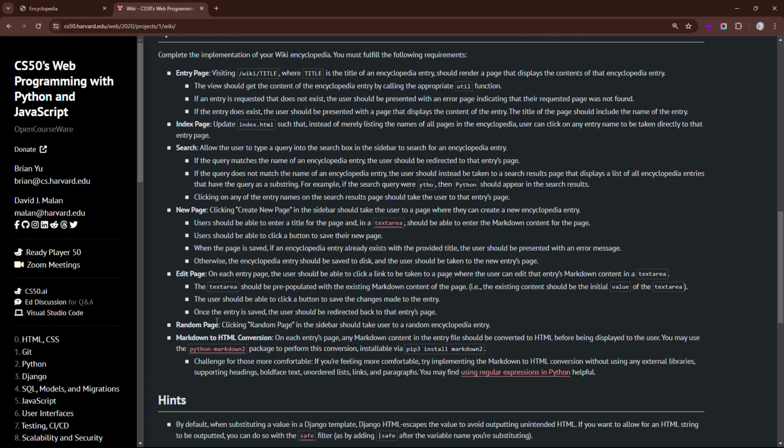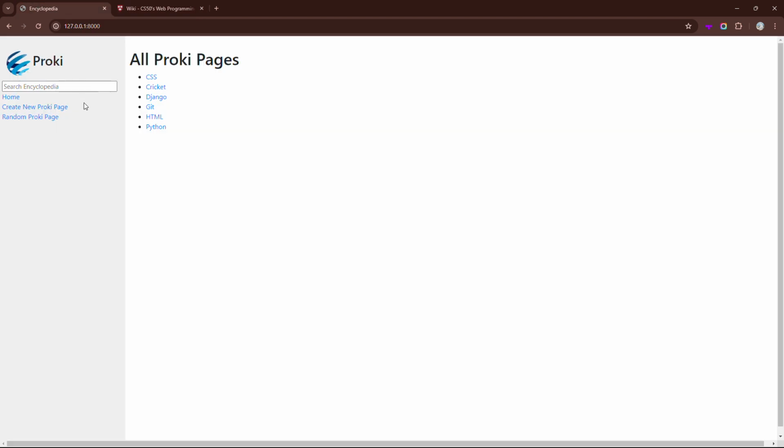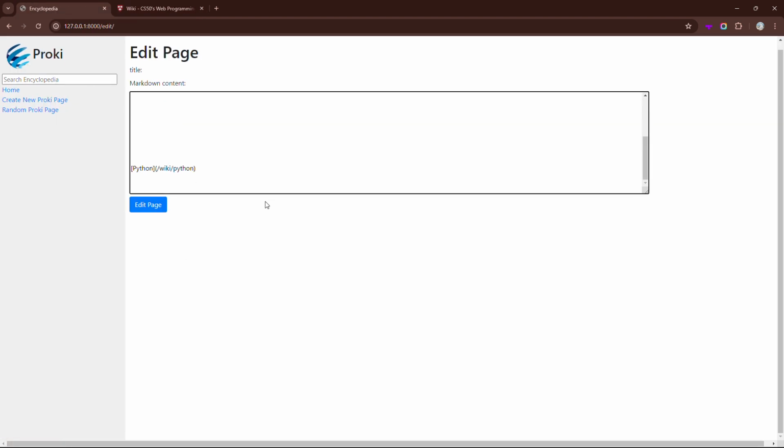Now the next one is edit page. So on each entry you should be able to edit the page. Now if I go into cricket, press edit, now I should be able to add extra stuff and write down here some more stuff like this. So like type that and do that, and then go like this